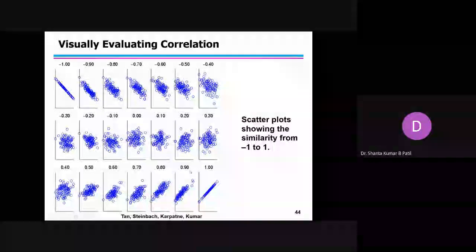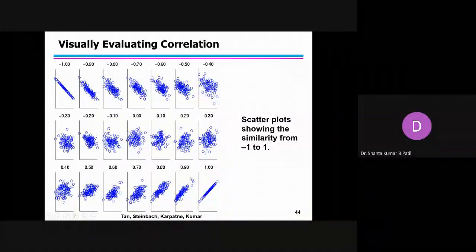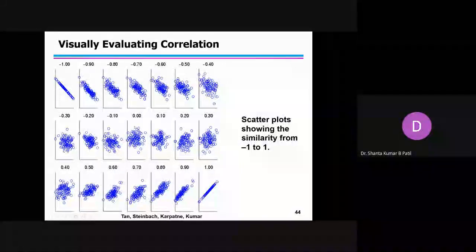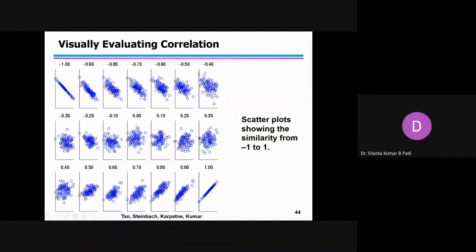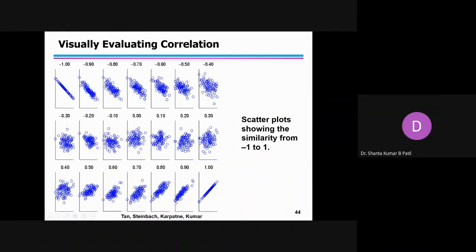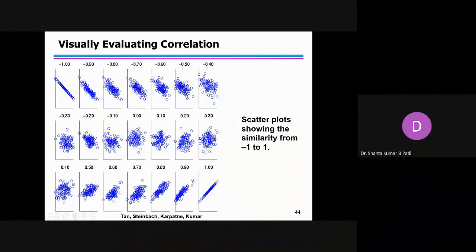So changing. If it is 0.9, slowly changing from 1 to -1, that's where distortion is there. So you can take the middle one. Exactly, there is no relation at all. Neither similarity nor negative similarity. So if you are taking 0 in the middle, a lot of distortion is there. Because it is changing exactly at the center, all are scattered.